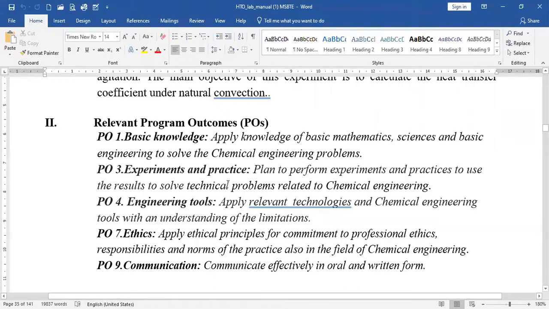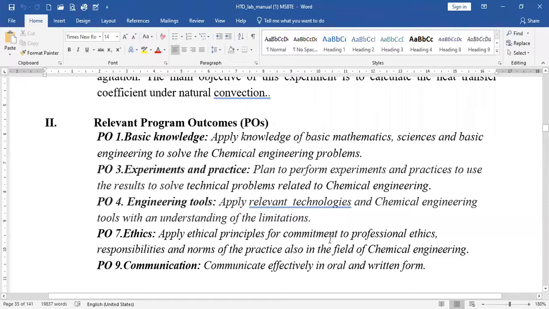So all these are the relevant program outcomes. While conducting the experiment, while learning the experiment, while understanding the experiment, while applying the actual skills, we have to use and achieve these program outcomes. So we have to use basic mathematical knowledge, basic science knowledge, basic engineering knowledge,